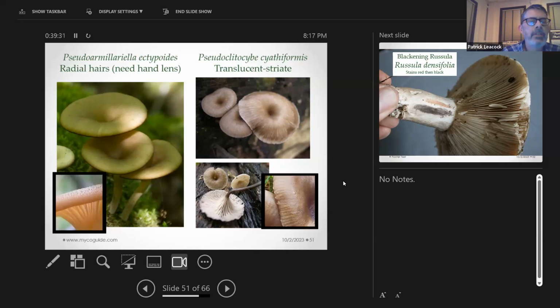In that inset photo, you can kind of see the hairs on there. So the cap surface kind of looks streaked, but with a hand lens, you can see those streaks are made up of dark hairs. The one on the right, the pseudoclitospi, which looked like a clitospi,